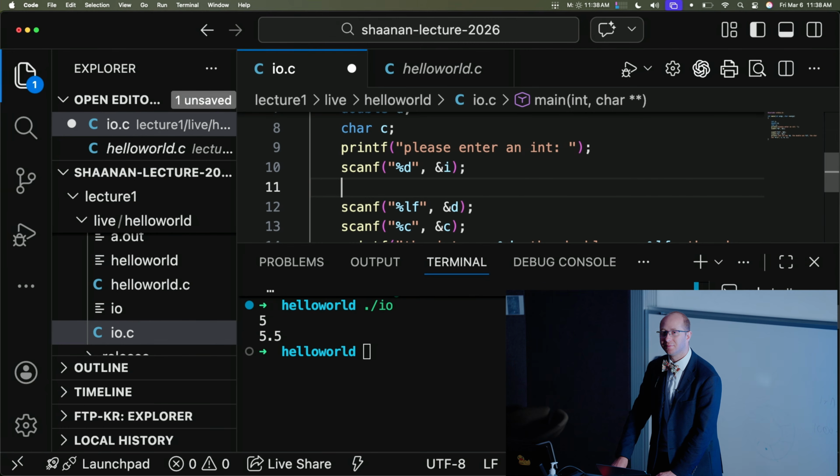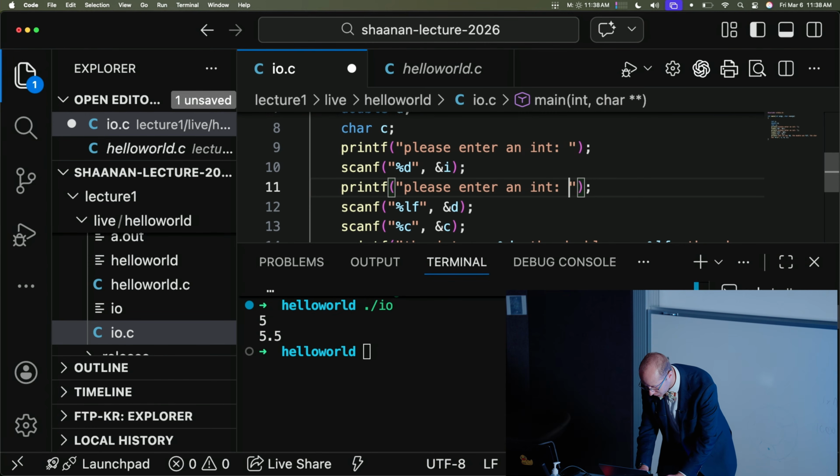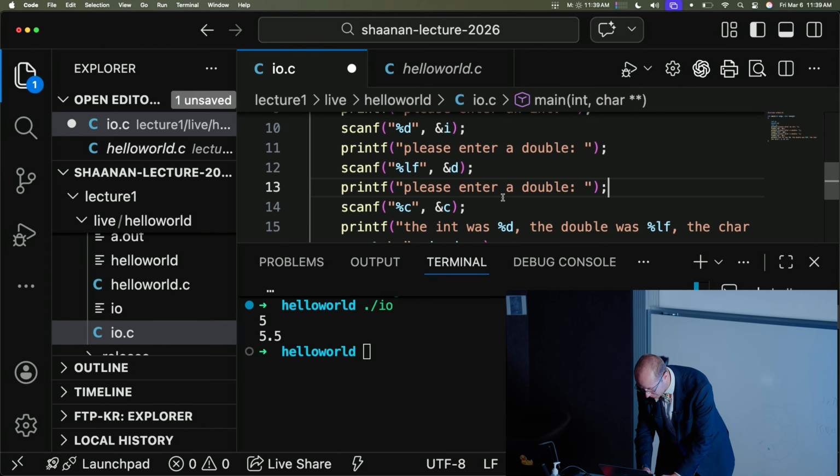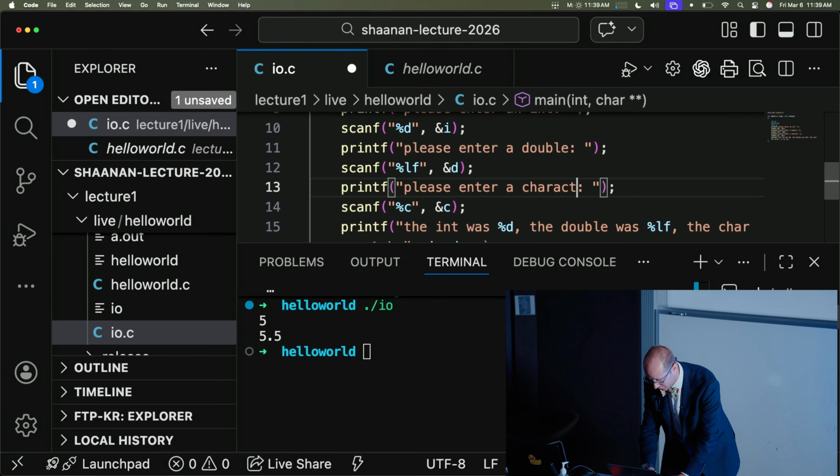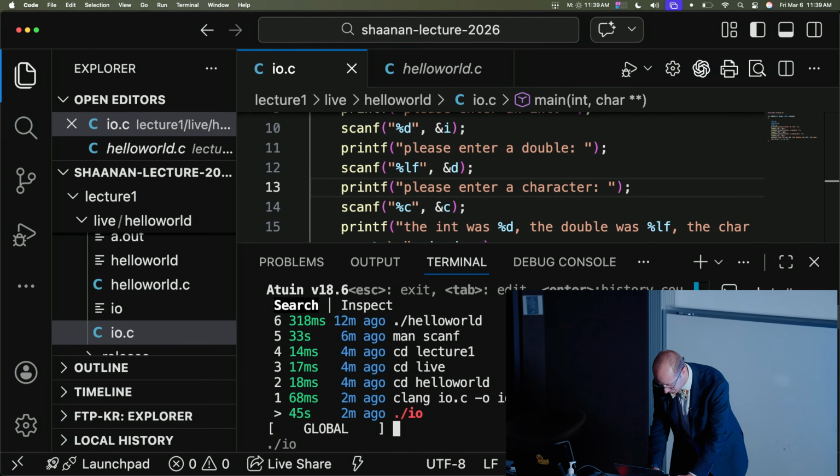Please enter a like decimal. Yeah, please enter a decimal or a double. And then please enter a... Is that like a word or something? That's a character. But excellent.